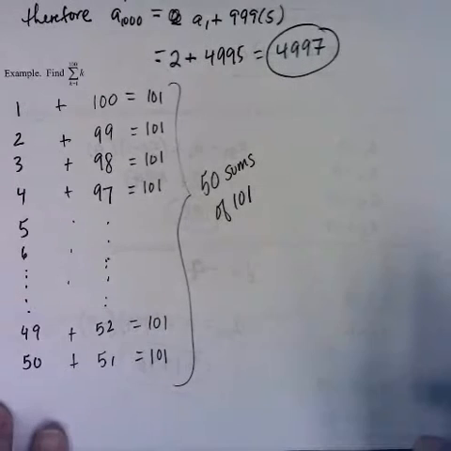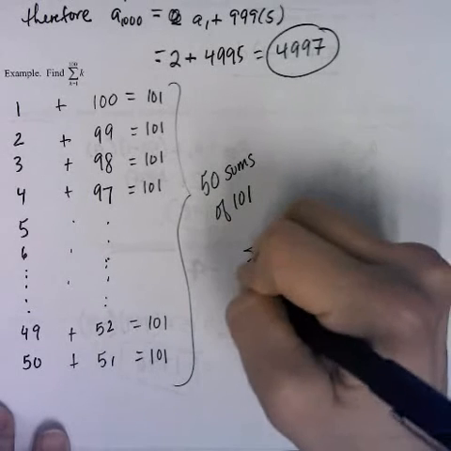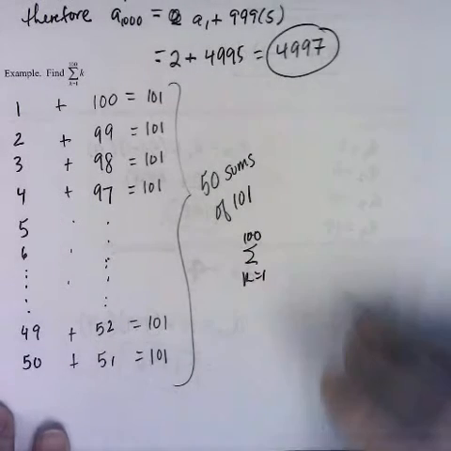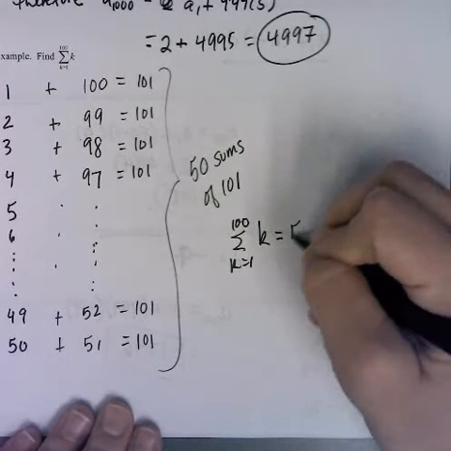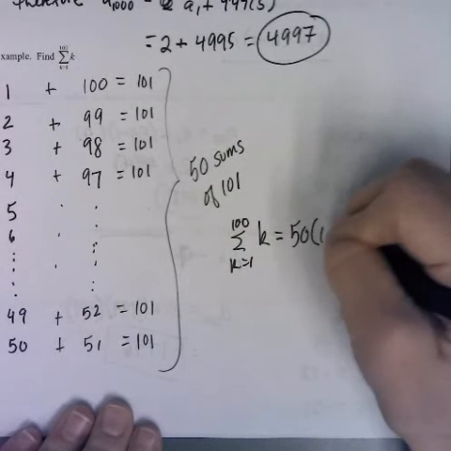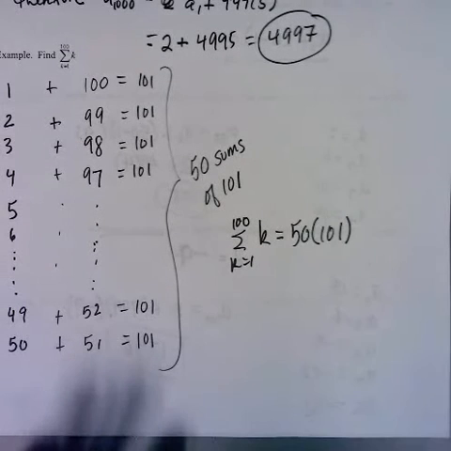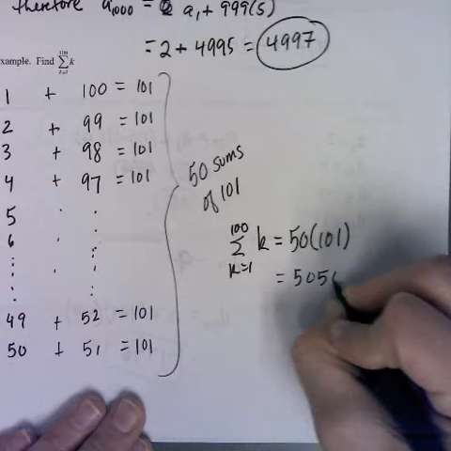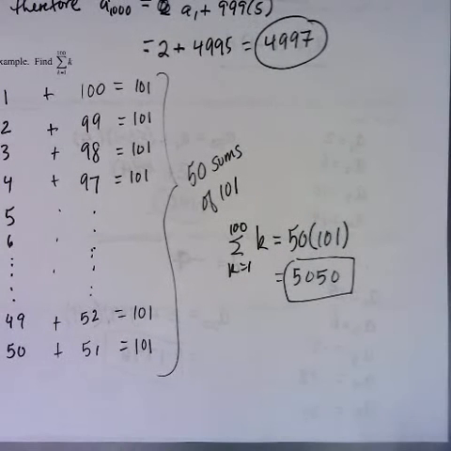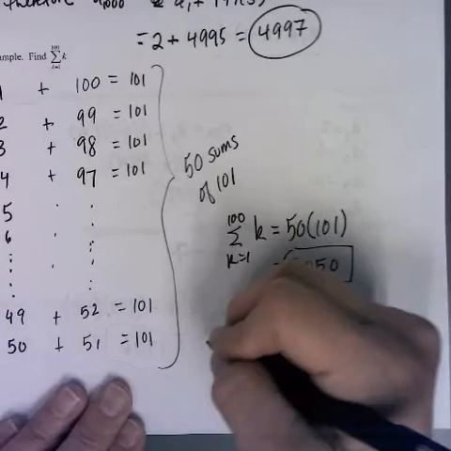And so the sum of k equals 1 to 100 of k would be 50 times 101, which is 5,050. So can we come up with a formula? We did it for n equals 100. Well, the formula then